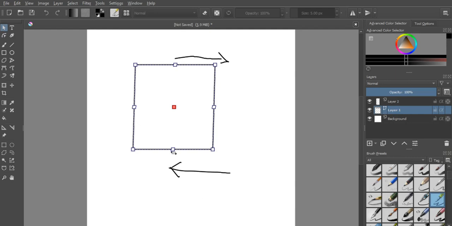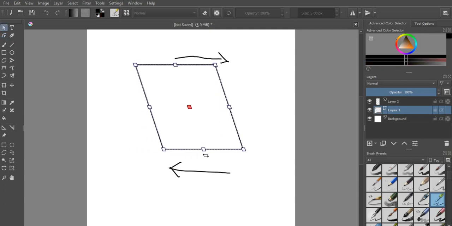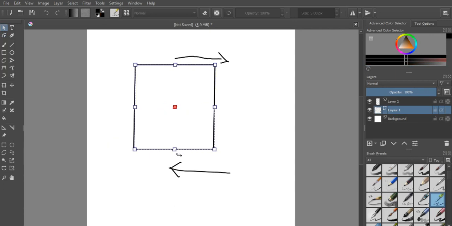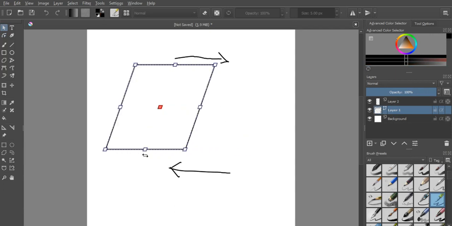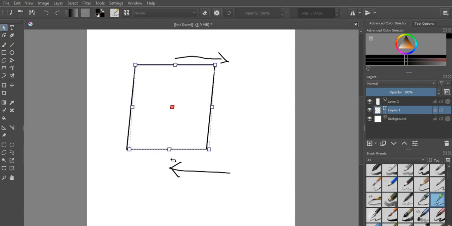If I was to skew it this way, I didn't do that. Sometimes this does happen. It's about getting it to the right spot, really. Again, you can always double click on the vector layer to skew, and again it moves the bottom in the